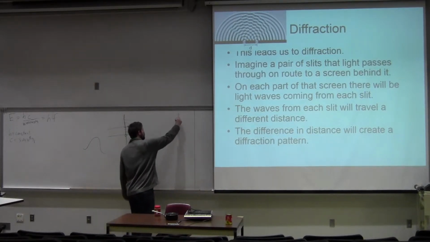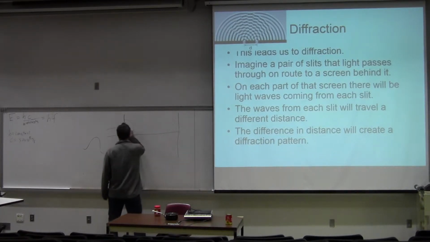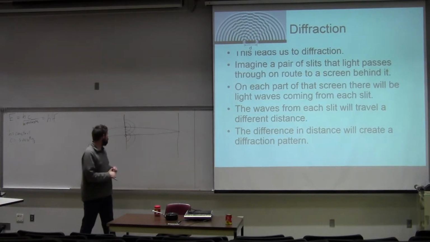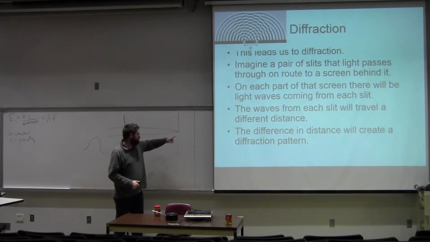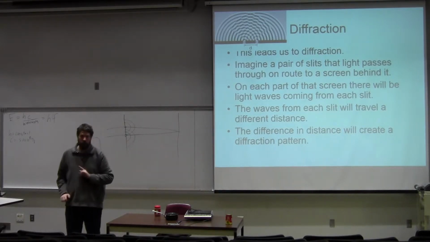And then if I put a screen over here, what will happen is the light will travel to that point in the screen from the two different locations. And so I have two pieces of light hitting the screen at the same time, but, and here's the kicker,